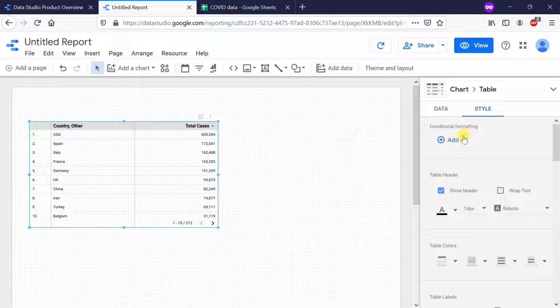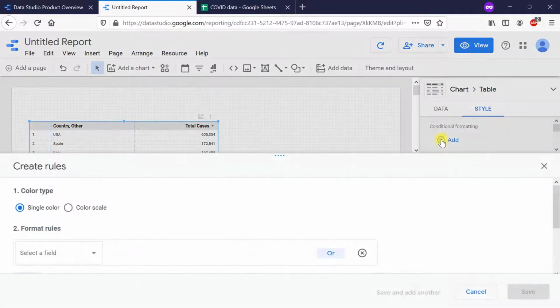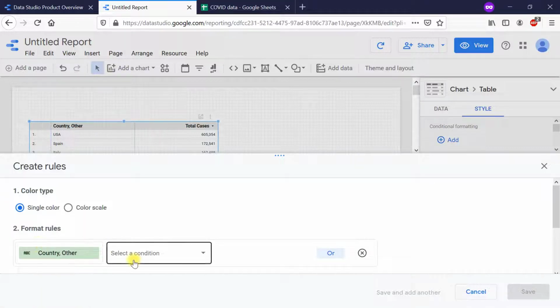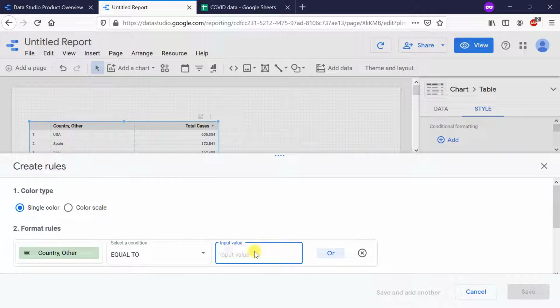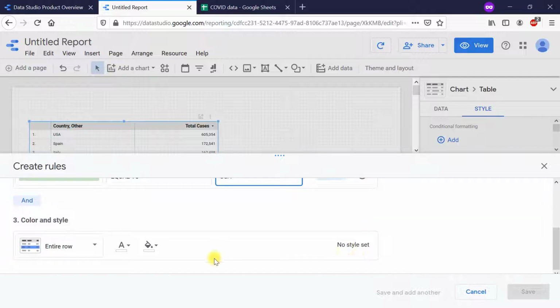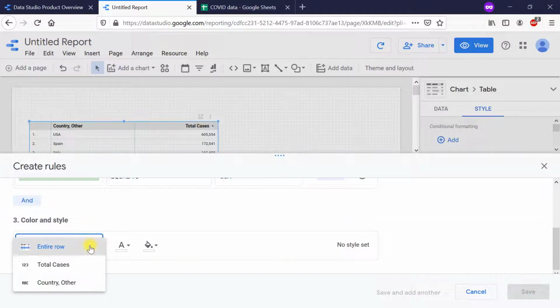So let's click on the add button. We will highlight USA using a single color. We will select the field to be highlighted. Select country, the condition equal to USA. And now select the color and style that you want to have for this particular criteria.